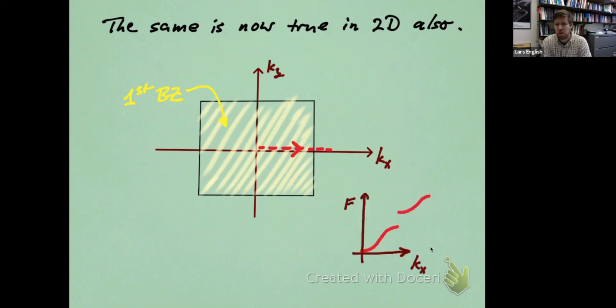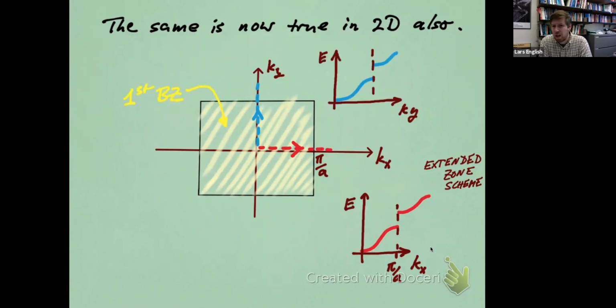So here, for instance, if I go to the right in K space, then as soon as I hit pi over a, I should see that energy gap. Here I'm using the extended zone scheme. I'm going to go past pi over a, but there's a gap there. Similarly, I could go vertically in K space, and when I hit pi over a on my journey,